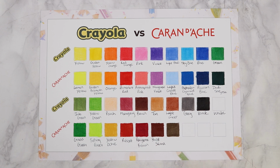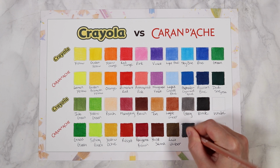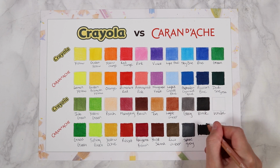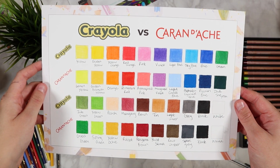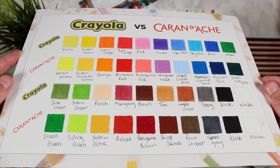Also, because the Luminance pencils are so soft, it was harder to be precise with these pencils and get really clean, crisp edges, which could cause problems if you want to add lots of fine details to your colour pencil drawings. Now, all of these swatches were done on white paper, but sometimes you might want to use toned paper